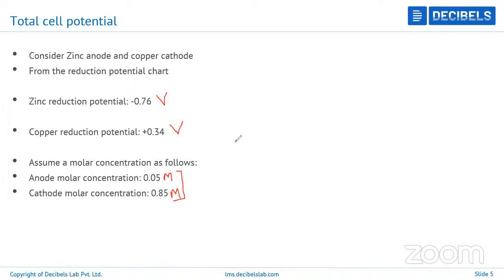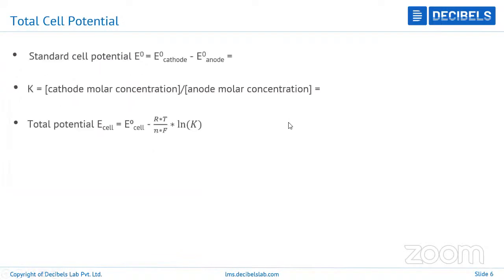So with these values, we will now proceed to calculate the E cell, that is the total cell potential. Okay. Yeah, let's go to the next slide. Yes. So total cell potential. So let's write down here. E naught of cathode will be 0.34, right? Minus 0.76,